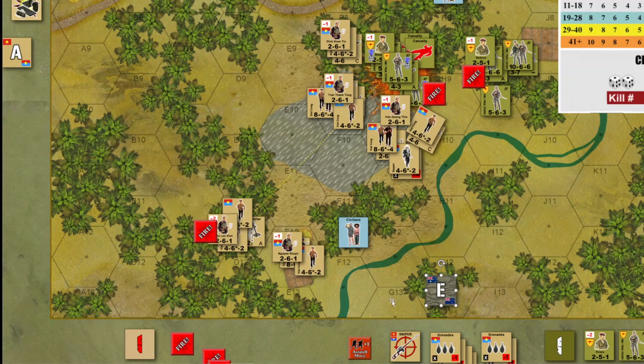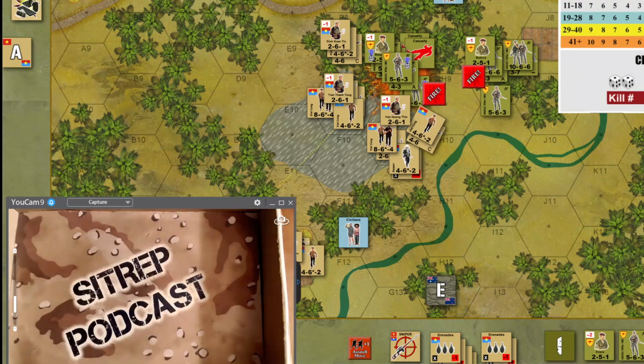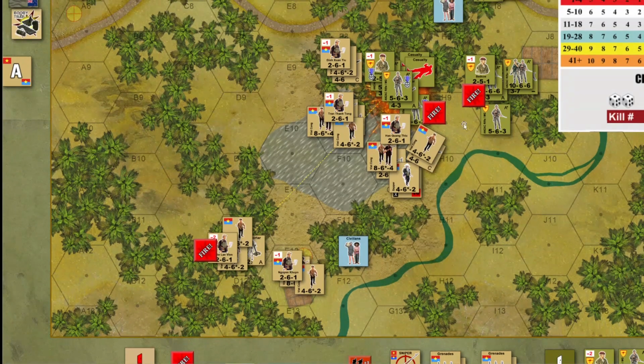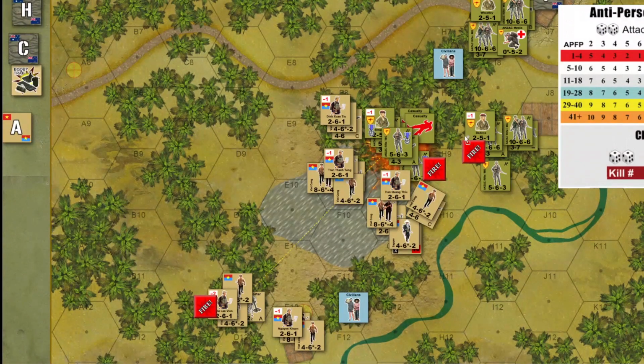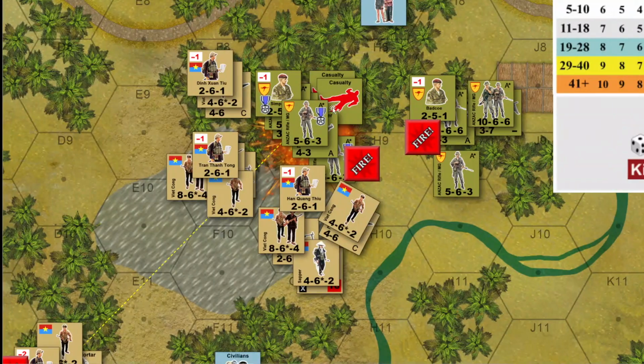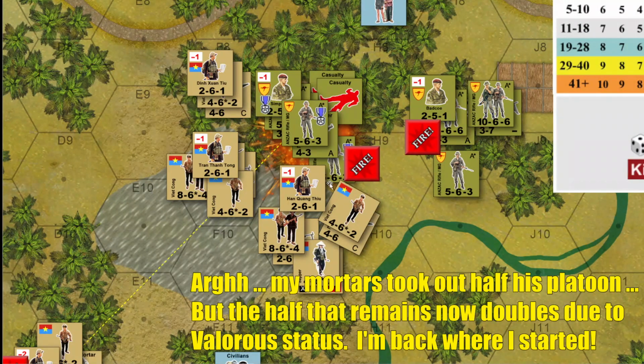I try to spot E with this unit right here. And I do succeed. Is E a real unit? No, it wouldn't be. E is not a real unit. Okay, cool. Now we're gonna have to do the mother of all assault phases. Oh my god. So what's really messed up is I dropped that lucky mortar shell in here, and I wiped out half its platoon, but then the half that was left basically doubled